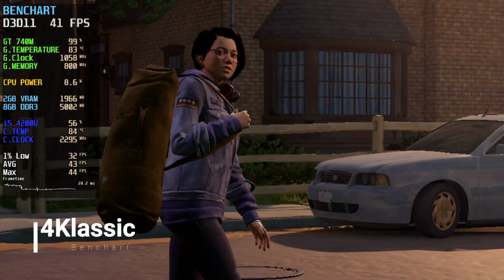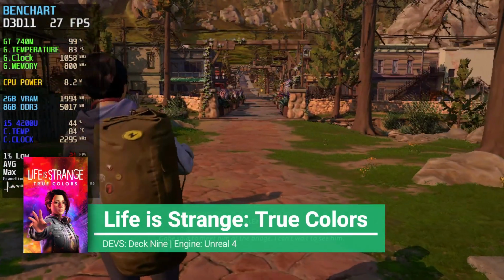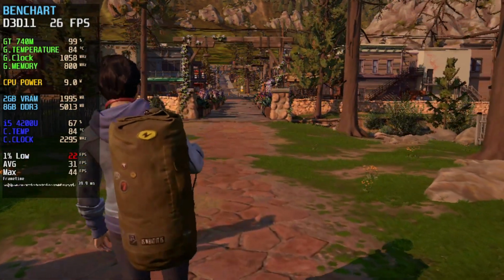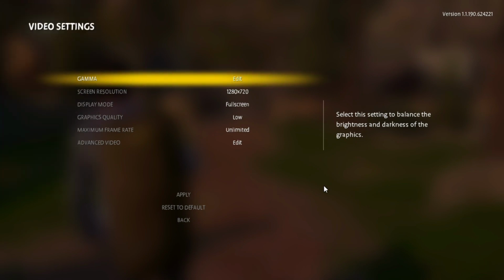I'm for Classic, and for today what I do have needed is Life is Strange True Colors. So this game is developed by Deck Nine, the same developer of Life is Strange Before the Storm, and it is using Unreal Engine 4. So let's check out the settings that I'm using in order to play this with a GT 740M or a